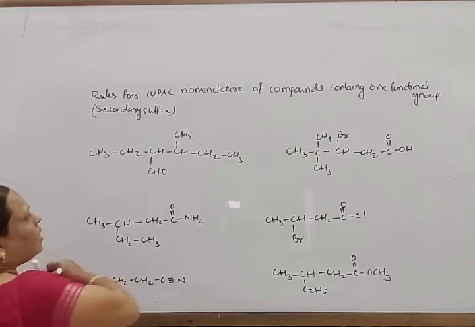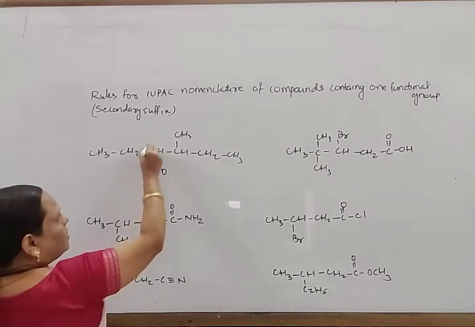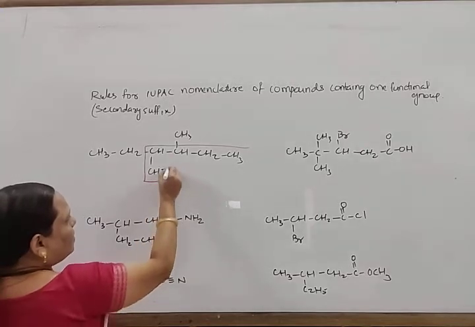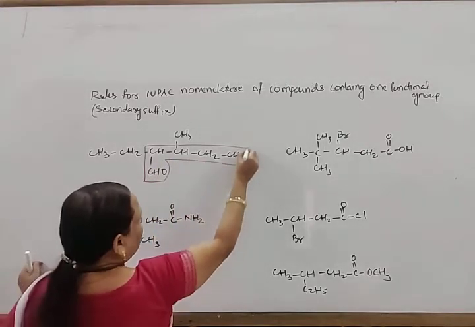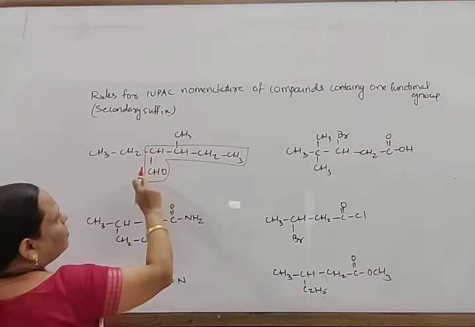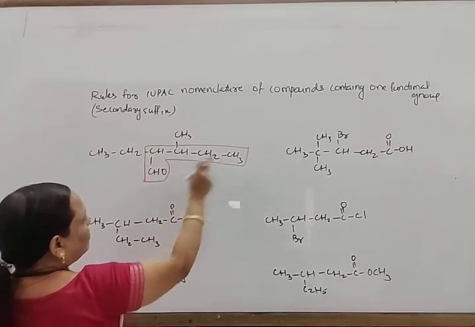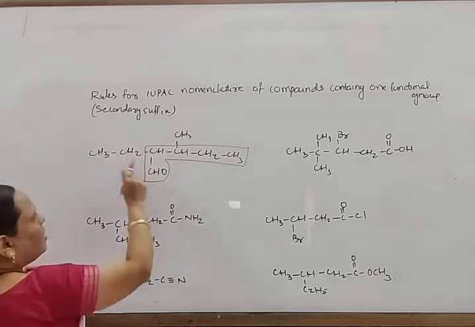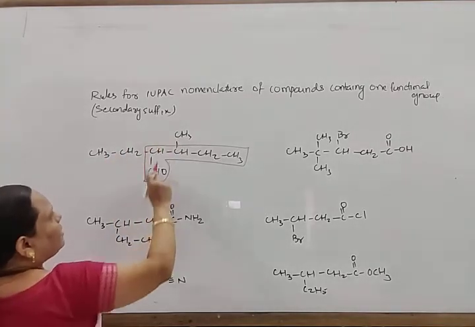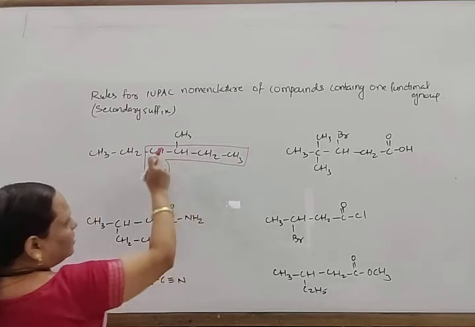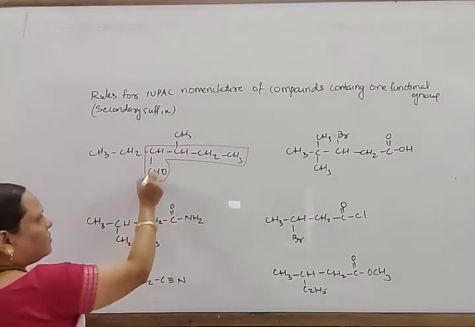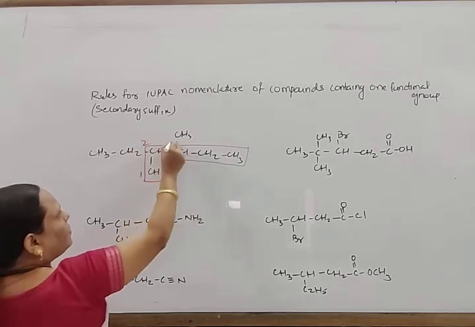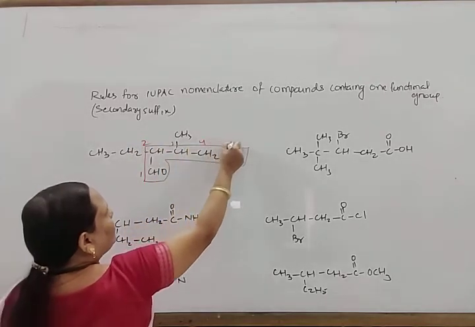In this you have to count from this CHO; the numbering should start from here, and containing this functional group you have to choose this, then you have to choose the long chain. Now this is the long chain, 1, 2, 3, 4, 5 member. If you count from this side, 1, 2, 3, 4. In this way I have chosen this as the long chain, and numbering should start from the functional group containing carbon: 1, 2, then 3, then 4, then 5.